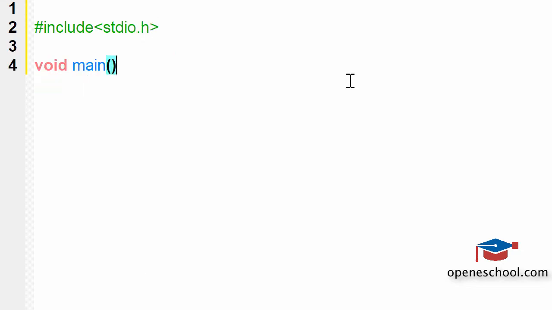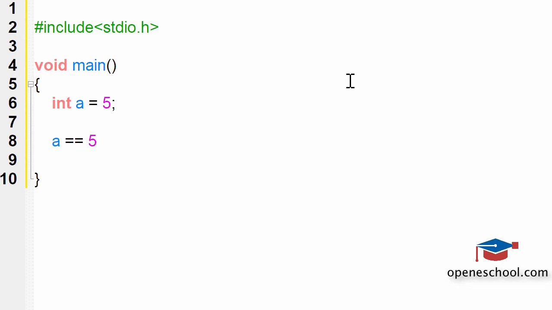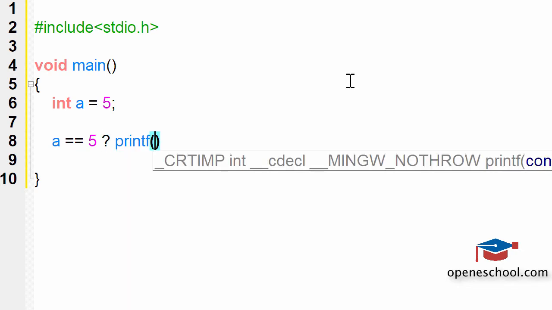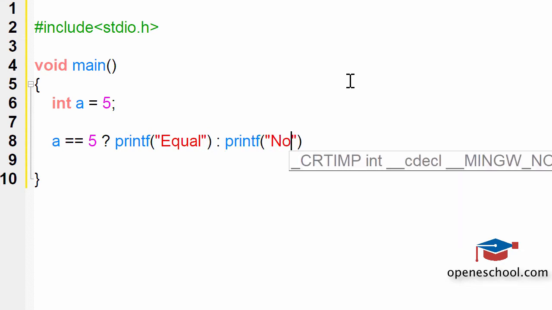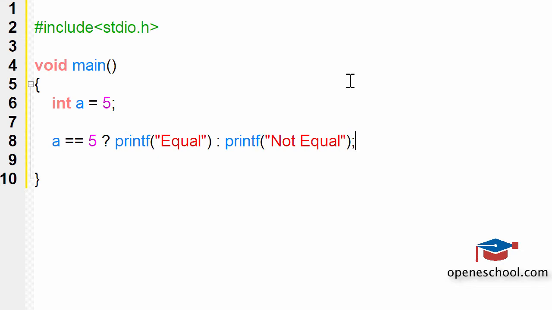So I've created the main function here, and in this main function I've created a variable a and I've given it a value 5. Now I will be writing a very simple conditional statement that will have if and else parts. Now you will notice that I will not be making use of the if and else keywords when I'm writing the conditional statement. So let's see how I'm writing the code. a == 5 ? printf("equal") : printf("not equal");